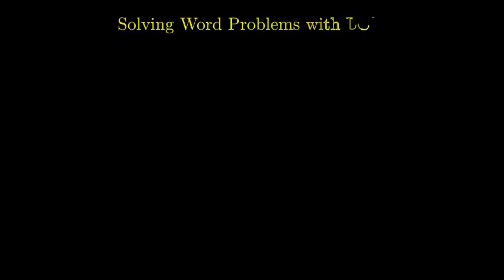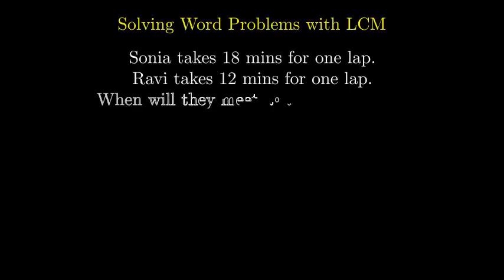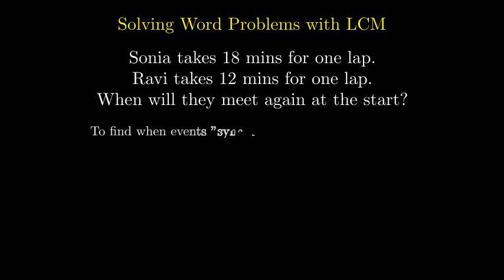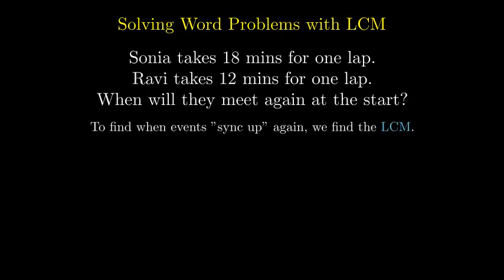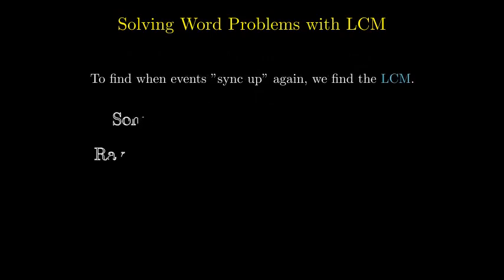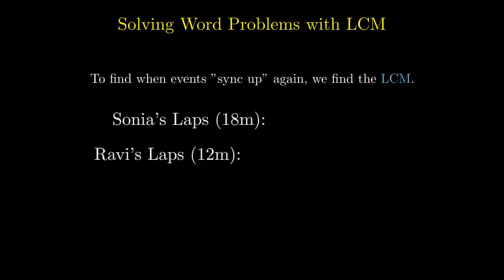Exercise 1.1, question 7. Sonia takes 18 minutes to complete one lap of a circular track. Ravi takes 12 minutes for one lap. If they both start at the same point at the same time, after how many minutes will they next meet at the starting point? To find when two repeating events coincide again, we need the least common multiple of their